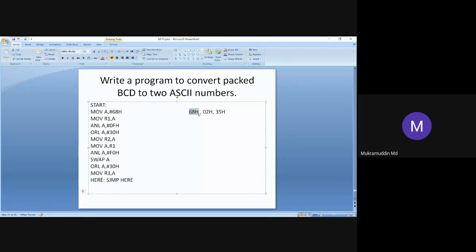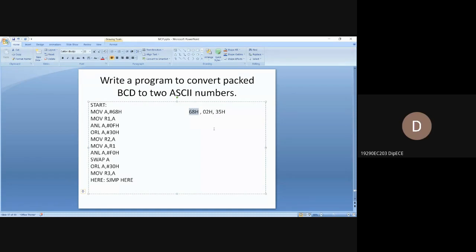If we unpack this 68, you will get the two unpacked BCDs, one is 6 and another one is 8. If we unpack this 35H, you will get the two unpacked BCDs, one is 3 and another one is 5. Is it okay, all of you?